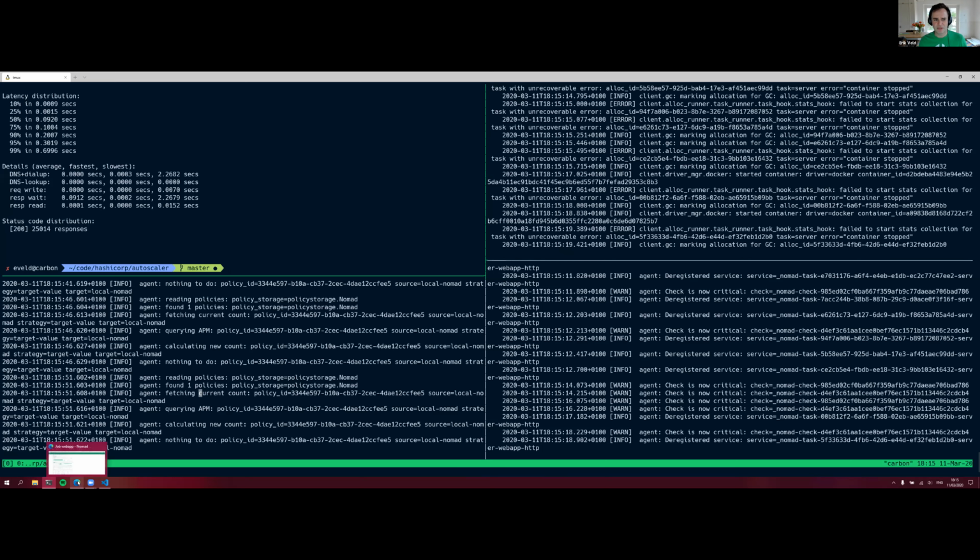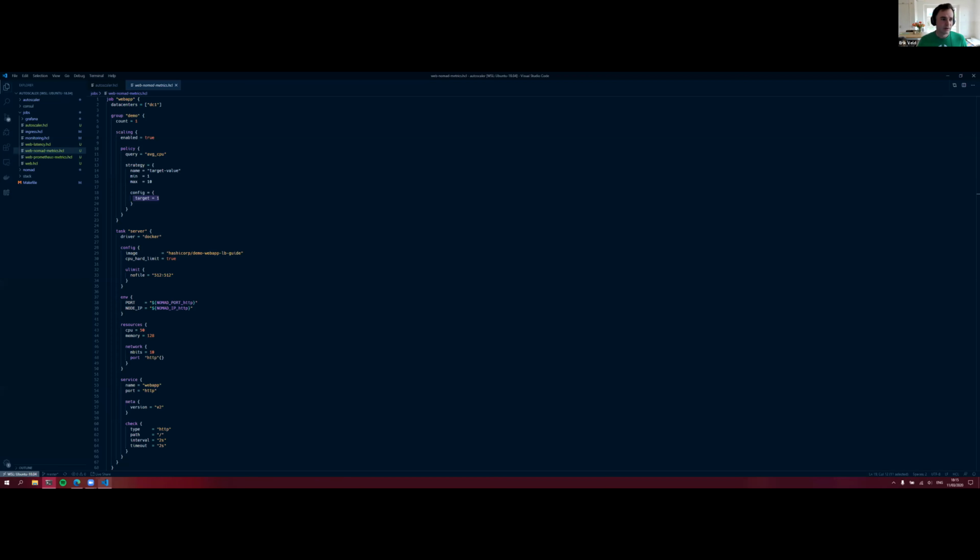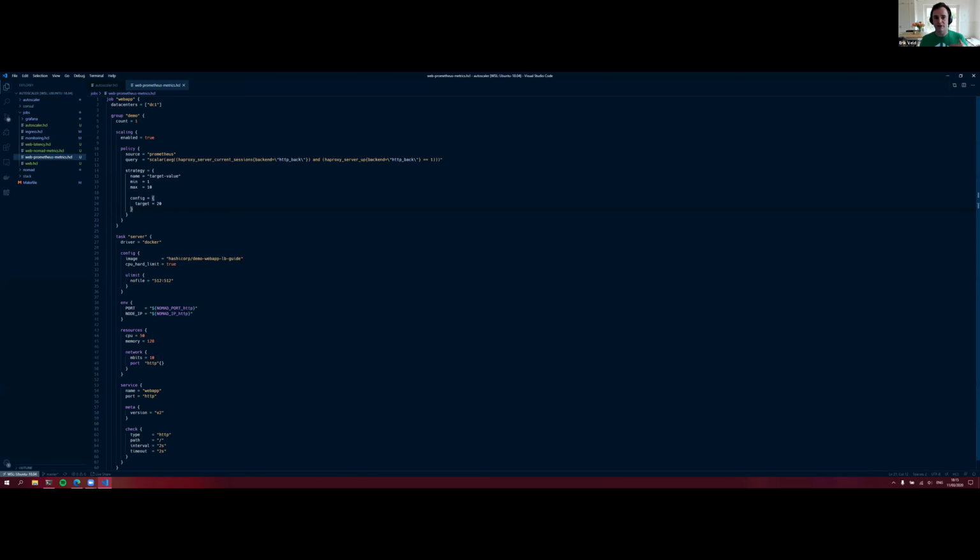So that's a very basic way of scaling up. But if we want to do something more fancy, like the Prometheus query that we had before, where we're actually taking a look at the number of sessions and then spreading those out over our instances, all we have to do is define Prometheus as a source and then create a new query.